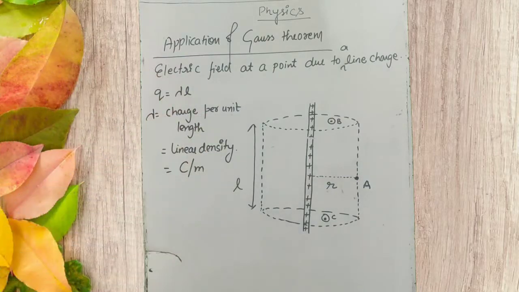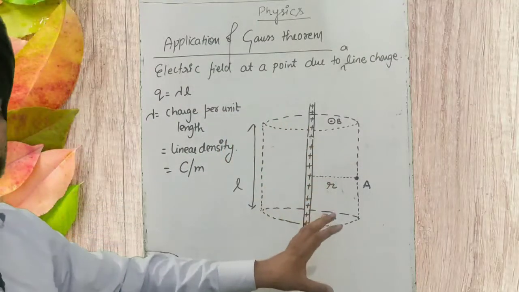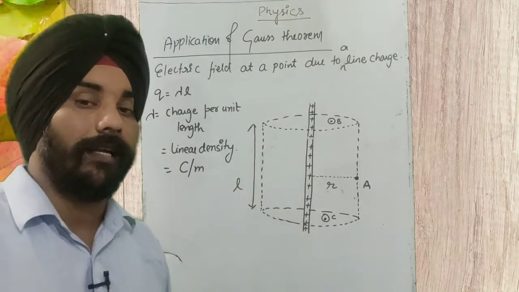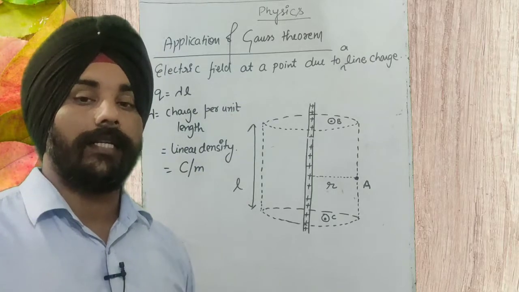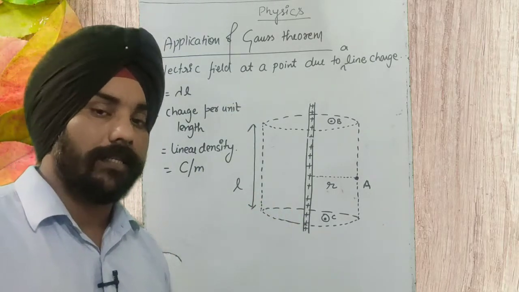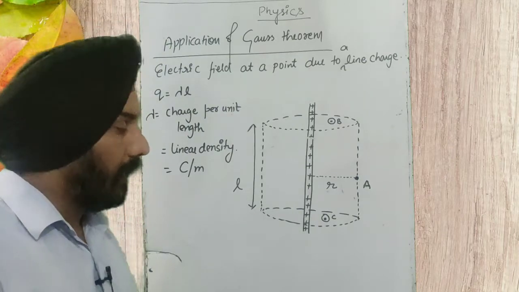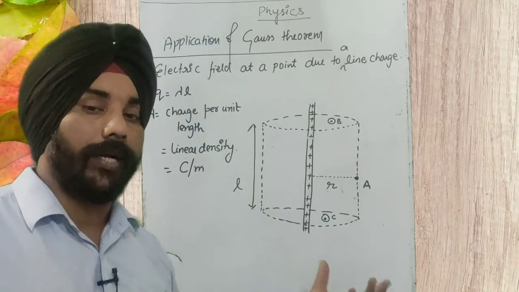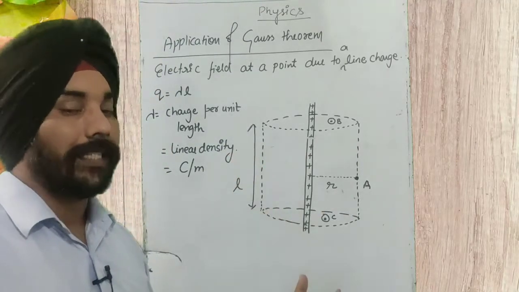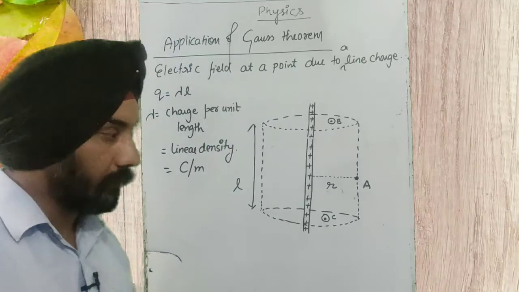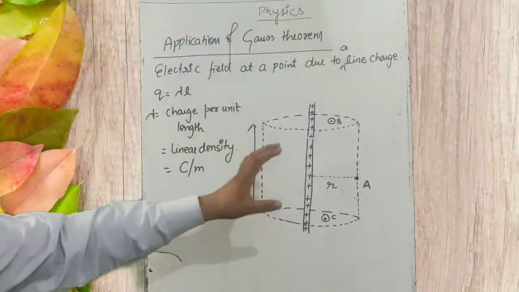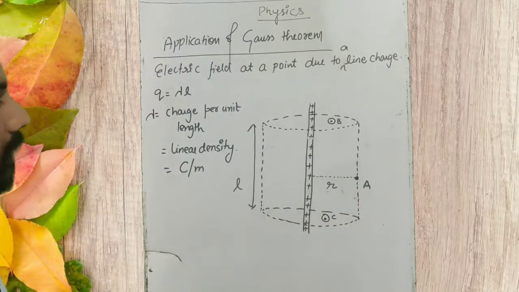Okay, so this is a complete diagram. You have to understand the diagram first, because everything is there in the diagram. If you are not understanding the diagram, you are not going to understand the derivation. It is quite simple. It depends upon the diagram you are going to make for it, and what the diagram is explaining, that is quite important. So this is the whole thing which I explained for the Gauss theorem for the line charge density.